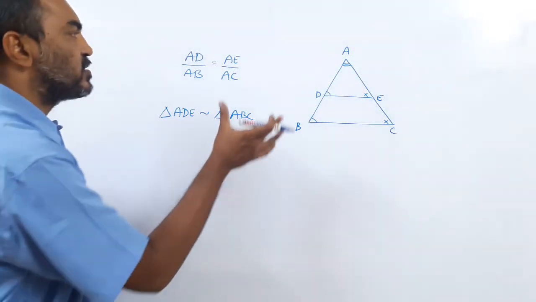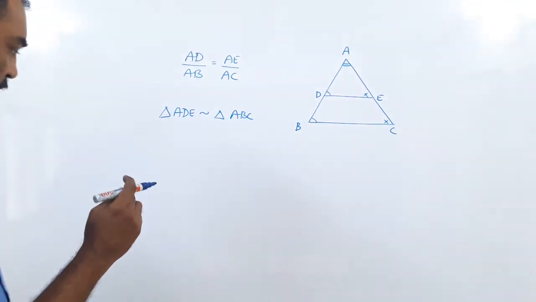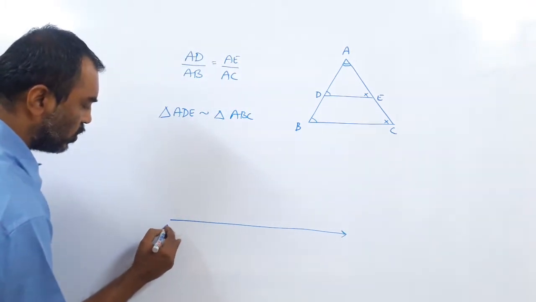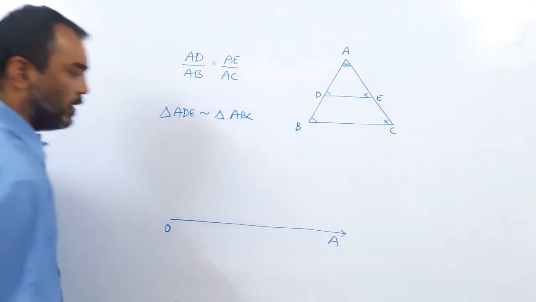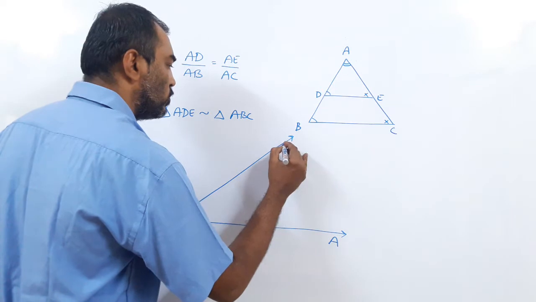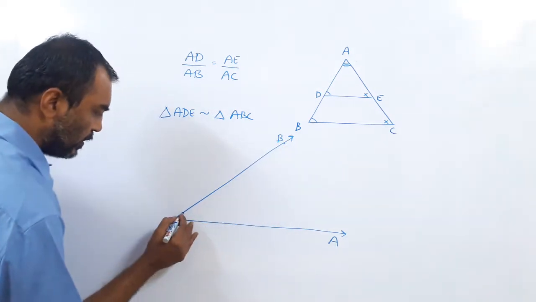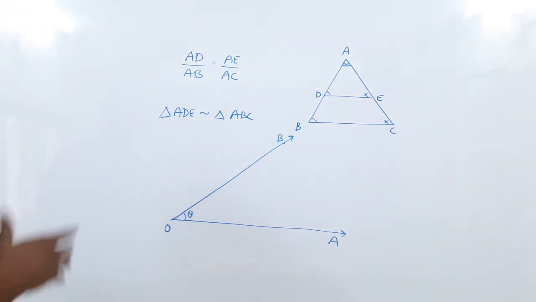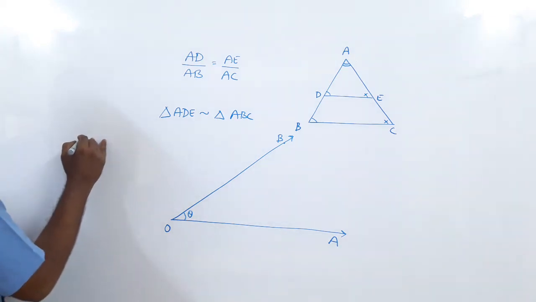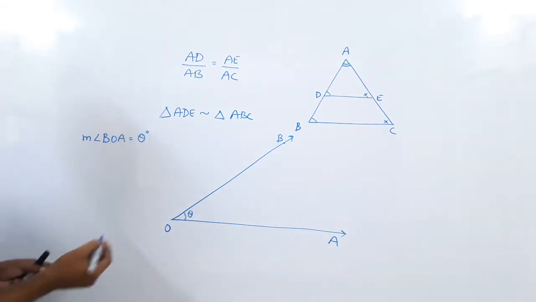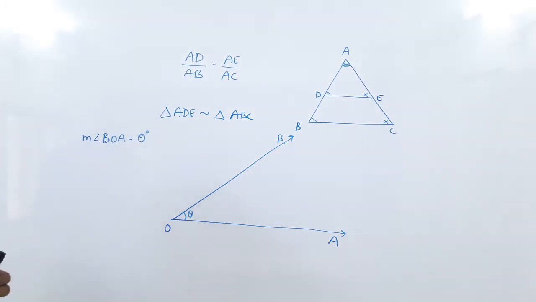Now, I will extend this analogy to some other place. Say I have got a horizontal ray called OA, and at a specific angle I draw OB. Let me call this angle theta. Theta is a Greek letter which we can write for angle. So I can say measure angle BOA is equal to theta degree or theta radian, whatever, it is just theta, right? So follow me closely now.